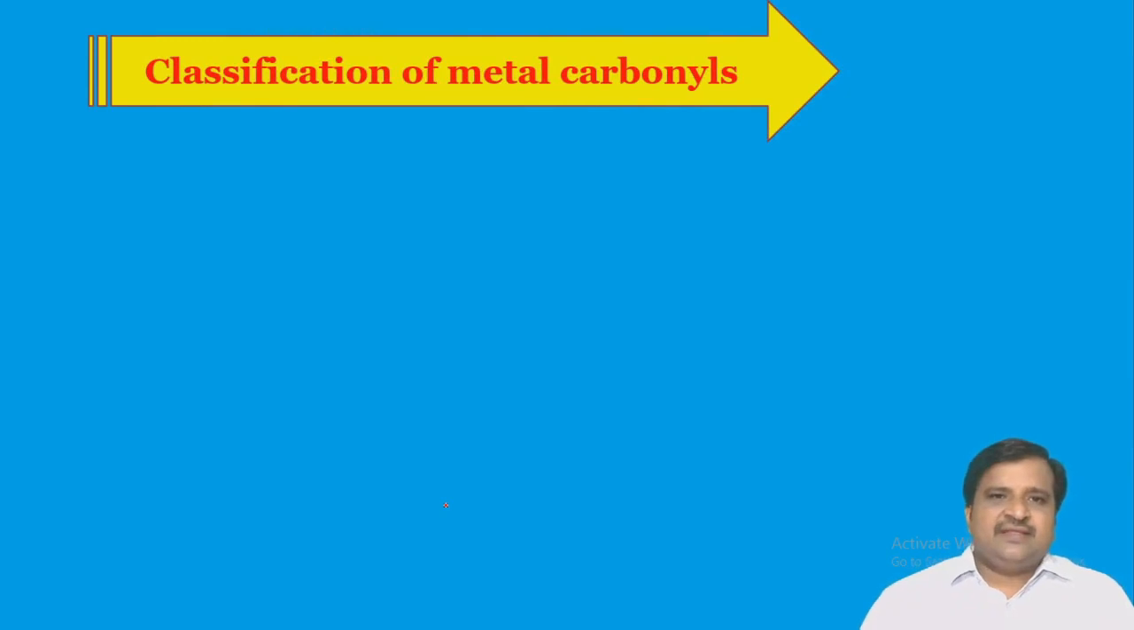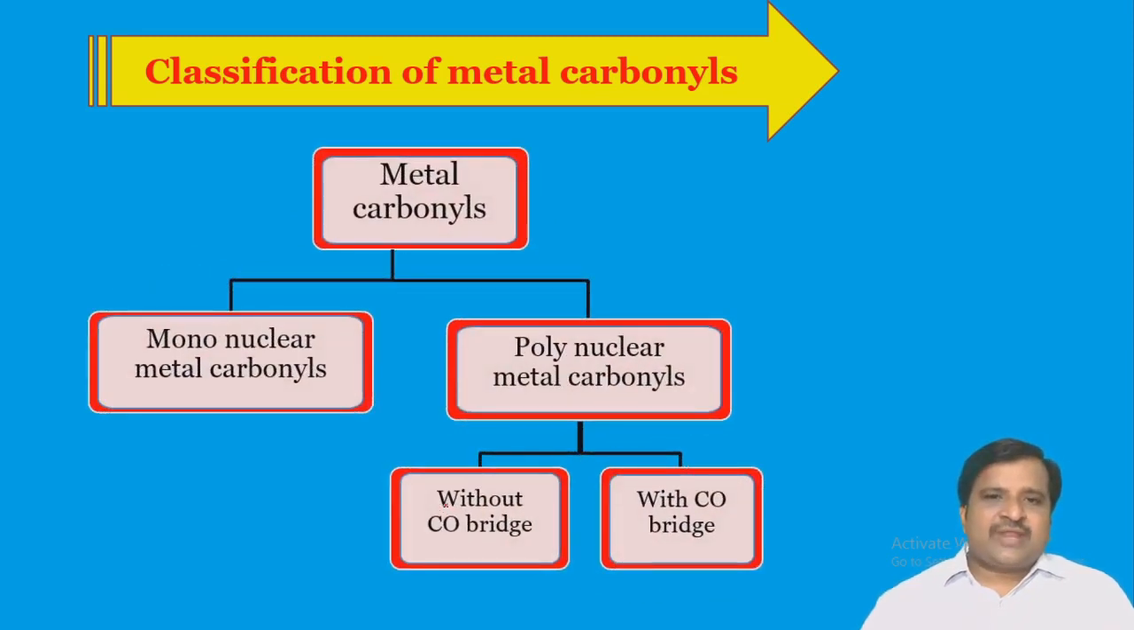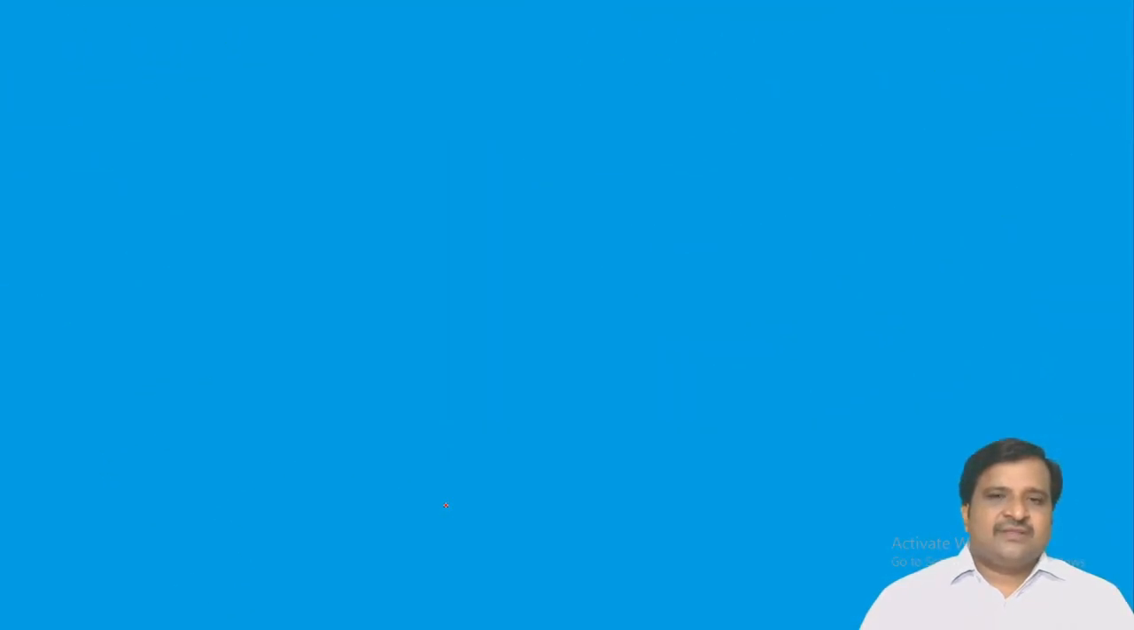So the next one is classification of metal carbonyls. Metal carbonyls are mainly classified into two types: mononuclear metal carbonyls and polynuclear metal carbonyls. Polynuclear metal carbonyls are again divided into two types: metal carbonyls without CO bridges, and metal carbonyls with CO bridges. So we will explain this classification in detail. So first one,